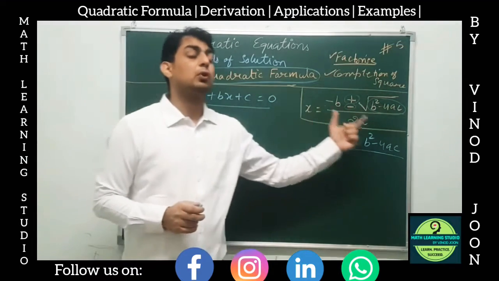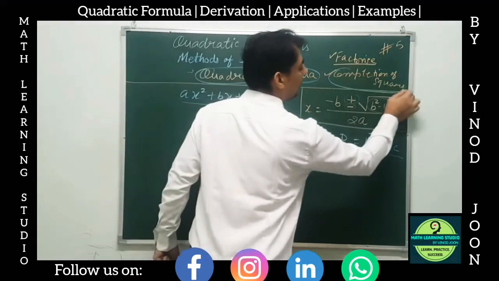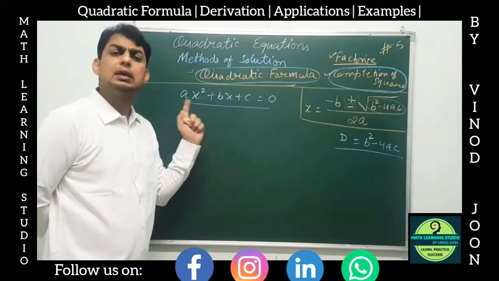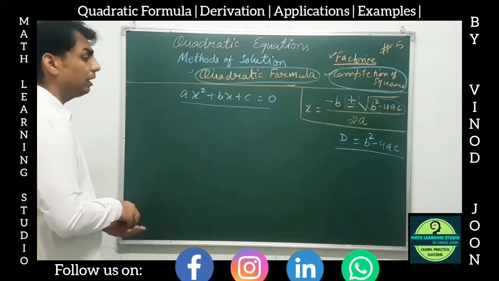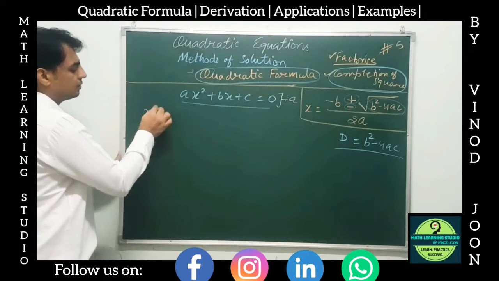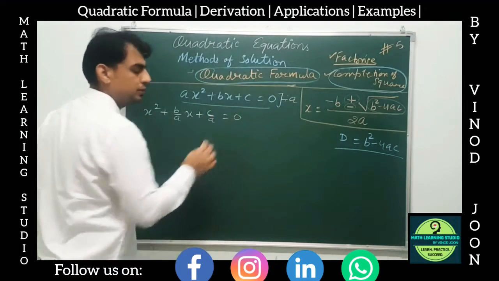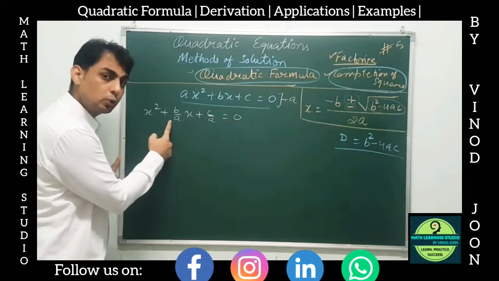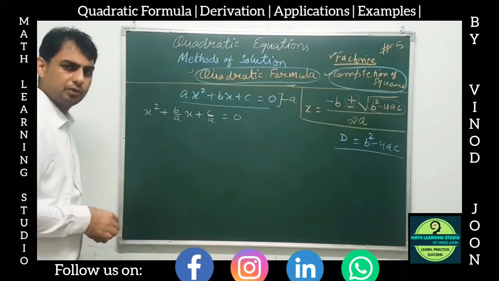Fine. Now how is this formula derived? How did this formula come? To get this formula, we apply the completion of square method on this general equation. This is the standard form of the equation. Let us find out. I'll just do it quickly. Divide by a first of all. So we'll get x square plus b by a x plus c by a equal to 0. Then what was the next step? For the b by a here, take half of it, square it, and add it to both sides, and before that shift this c by a to the right side.